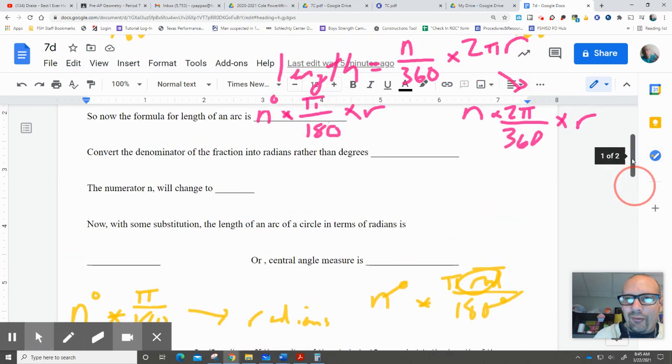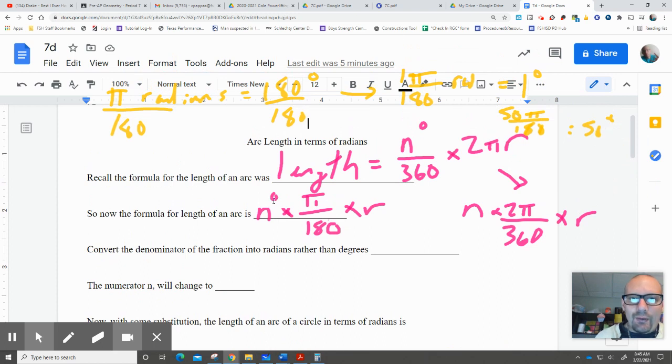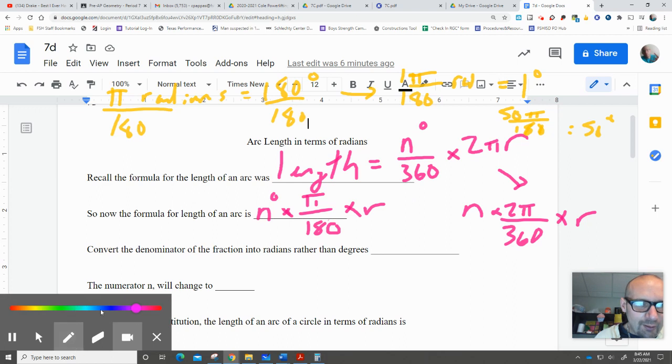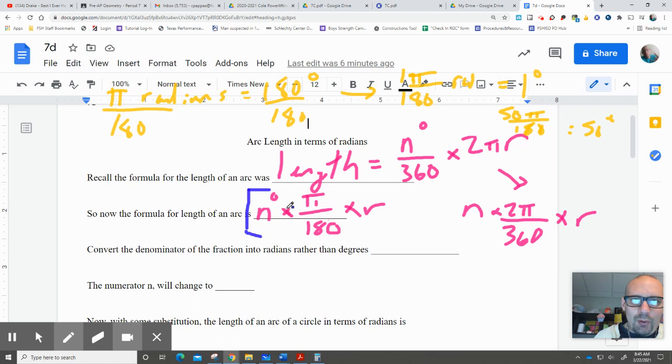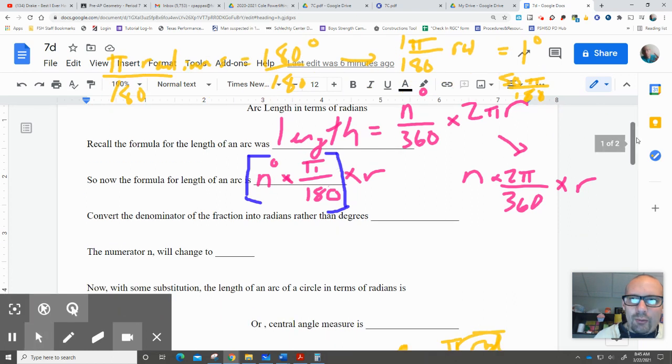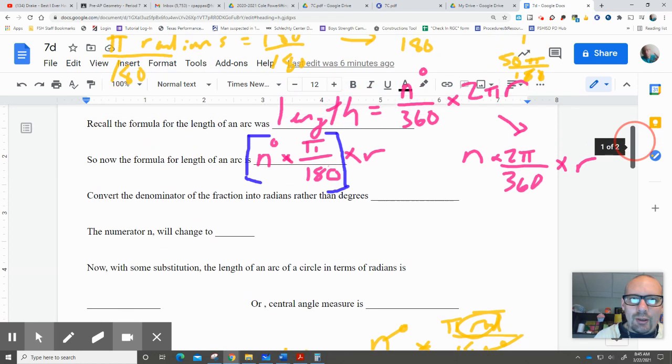What happens here is in this formula for the length of an arc, we find it by doing the degrees of the arc times pi over 180 times r. Now, built into this formula, we're taking our degrees, multiplying by pi and dividing by 180. Well, when we take the degrees and multiply by pi over 180, what we're really doing is changing it